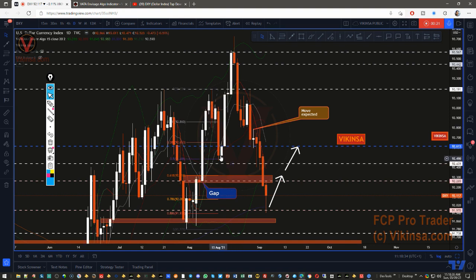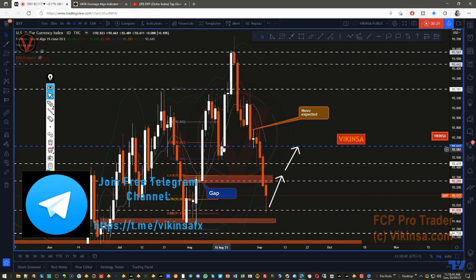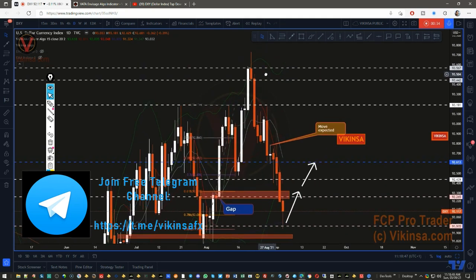So the market was moving higher and we were looking for short entries into DXY around this place. It went there, fell back down, but then started to move higher. These levels were already there on our analysis, so the market came right to the 93.6 level here and failed to close on a daily basis beyond that. And since then it has been falling.